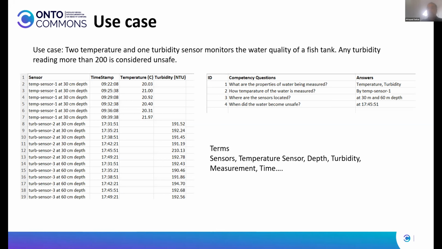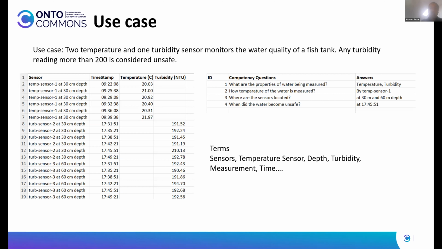This can be typical IoT data where we have two sensors, one temperature and one turbidity sensor, monitoring the water quality in a fish tank. But you can clearly imagine this use case